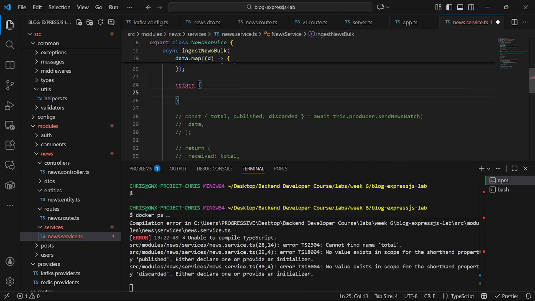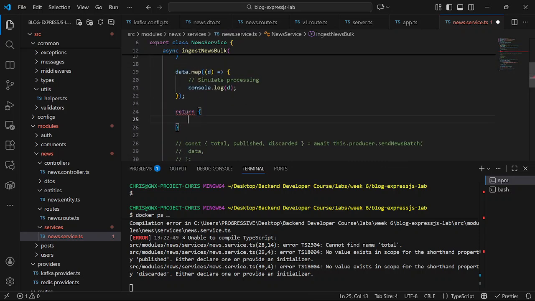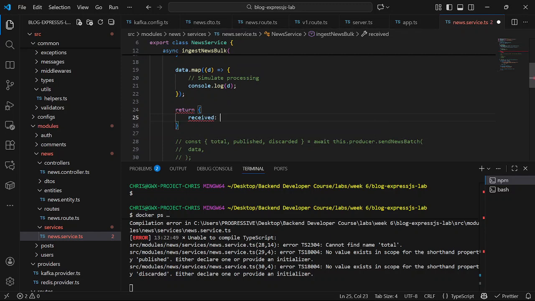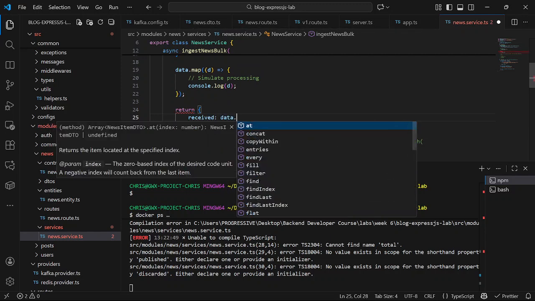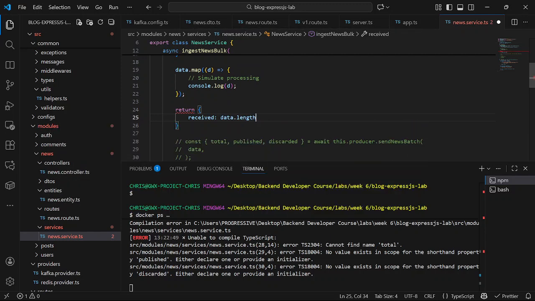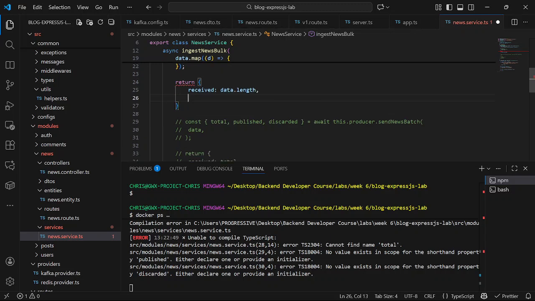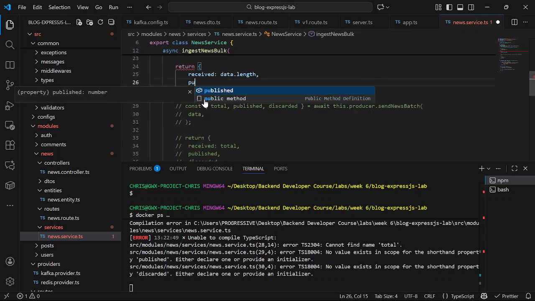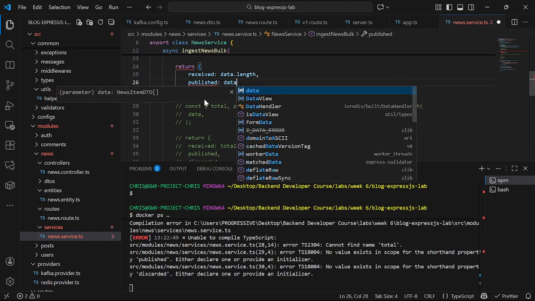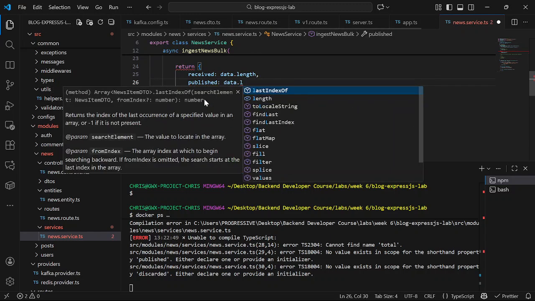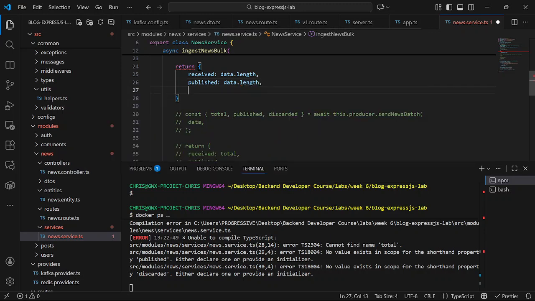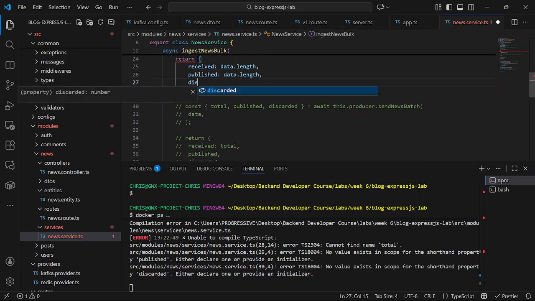So basically, what I'm trying to do is to show us the importance of Kafka, why Kafka is important, or why any messaging queue is used.